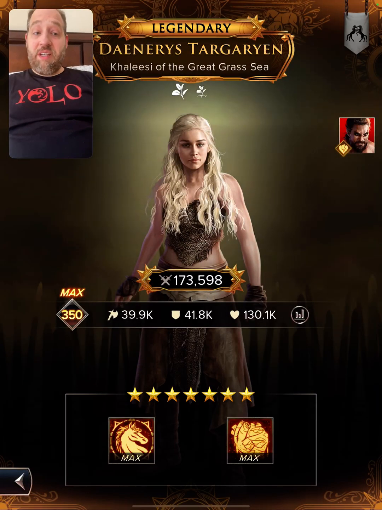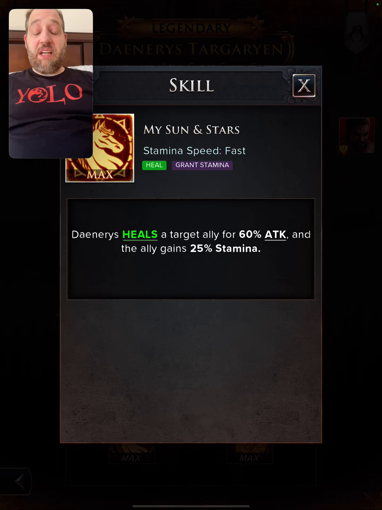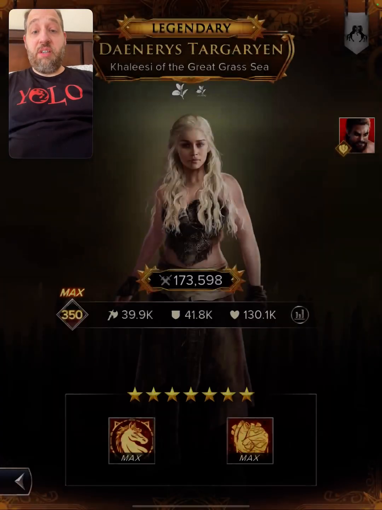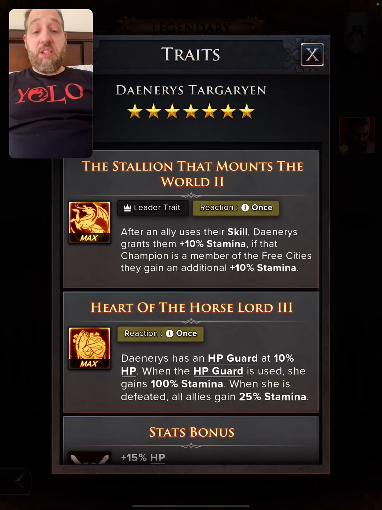Now, Yellow Daenerys, I love Yellow Daenerys. Yellow Daenerys has the ability to, at fast speed, heal a target and grant them 25% stamina. Now, I love passing stamina in a turn-based game because this can help you get key moves off that you need. She also has the ability that she has an